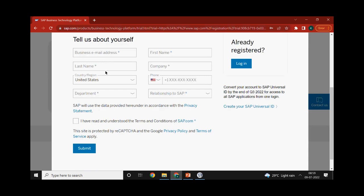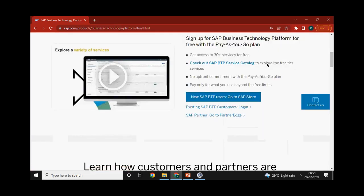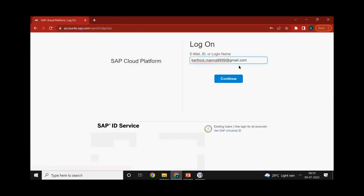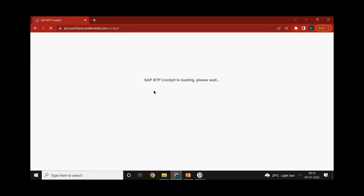Now once you have given the email address, you need to go and activate your profile by going to the email and clicking on activate account. Once you have done that, your account in the BTP environment has been created. So once you have created your BTP account, then come and log in here. Now once you log into your SAP BTP cockpit,